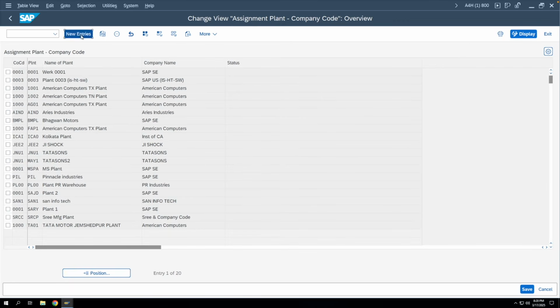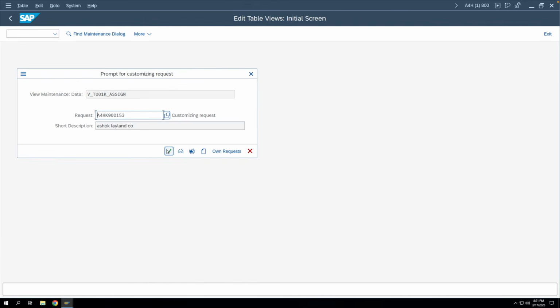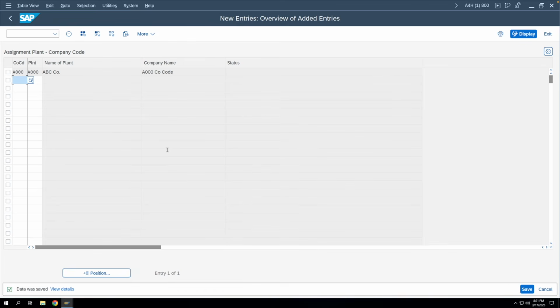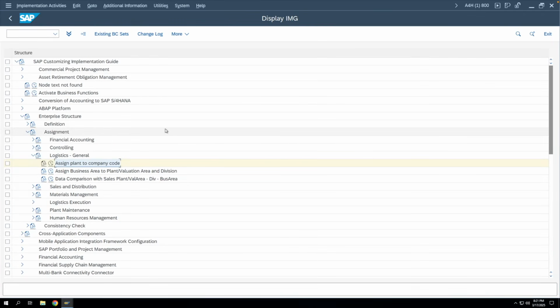So we'll click on new entries, and here we have to enter the company code and the plant, and then we can save. So in this way you can assign the plant to your company code. Now once we have assigned the plant to the company code, the next step is to create the storage location